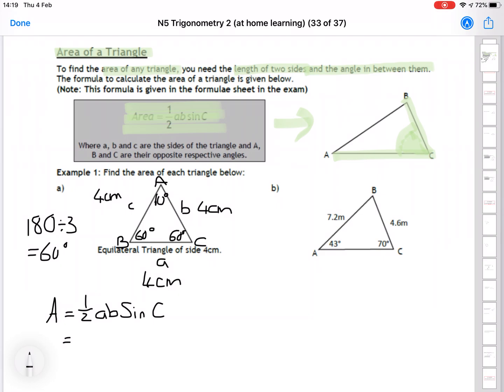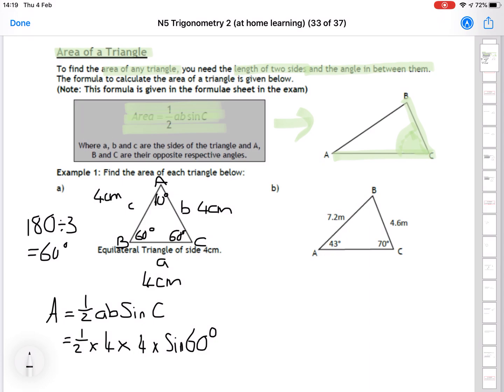So side A is 4 centimetres. So we've got half times 4. And then the side that's labelled as B is also a 4. And then we have sine of angle C, which is 60 degrees. So sine 60. All you would do there is just type that all into your calculator. So half times 4 times 4 times sine 60, and that's going to give you